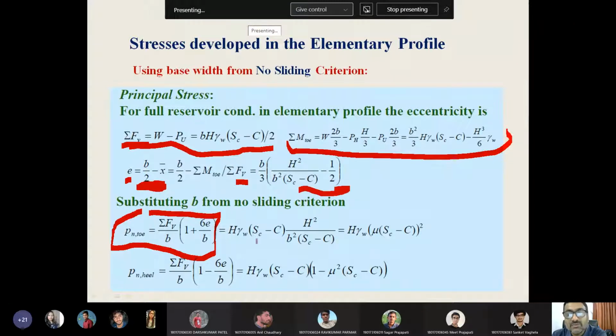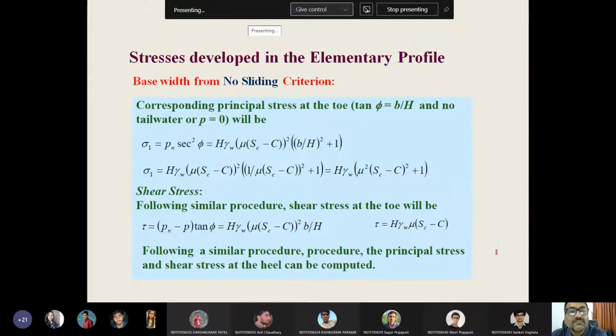और वो इक्वेशन हम यहाँ पे Pn टो और Pn हील निकालने के लिए यूज कर रहे हैं, तो ऐसी इक्वेशन निकल के आएगी। ये एलिमेंट्री प्रोफाइल कभी-कभी कॉम्पिटिटिव एग्जाम्स में एमसीक्यूज में पूछ लेते हैं कि सब्स्टिट्यूट करने के बाद इक्वेशन कैसी रहेगी। तो 1-1.5 या 2 मिनट आपके पास होते हैं, आप कैलकुलेशन करके निकाल सकते हो, ज्यादा टाइम नहीं लगता, और 1-2 बार ट्राई करोगे तो याद भी रह जाएगी।